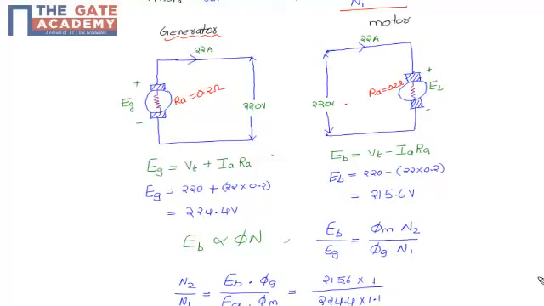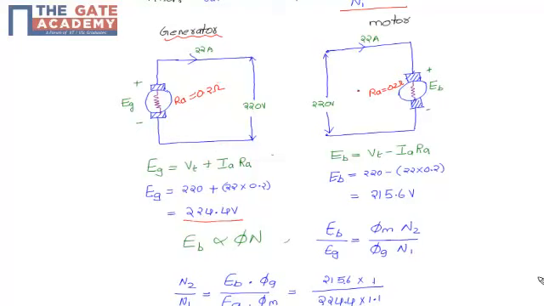This is the voltage. The formula to calculate the back EMF in the generator is Eg equal to Vt, that is voltage 220 volts, plus Ia Ra. To find the value of the back EMF, Eg is equal to Vt, that is 220, plus armature resistance 0.2 into the current 22 ampere, then we get the value of Eg.